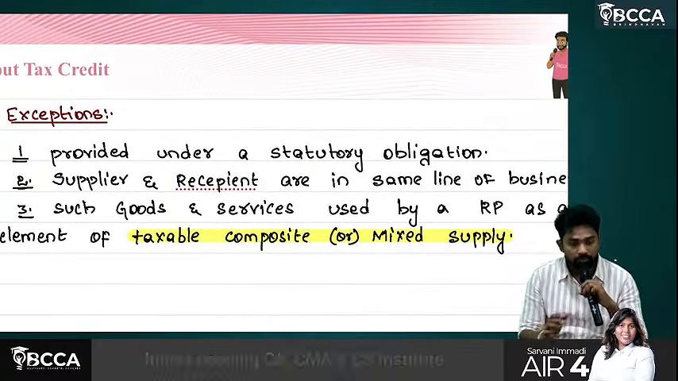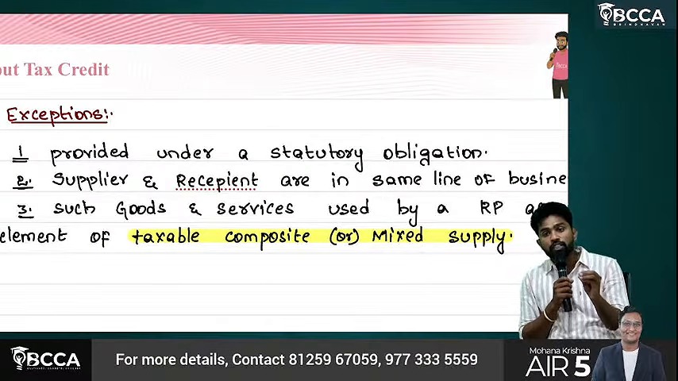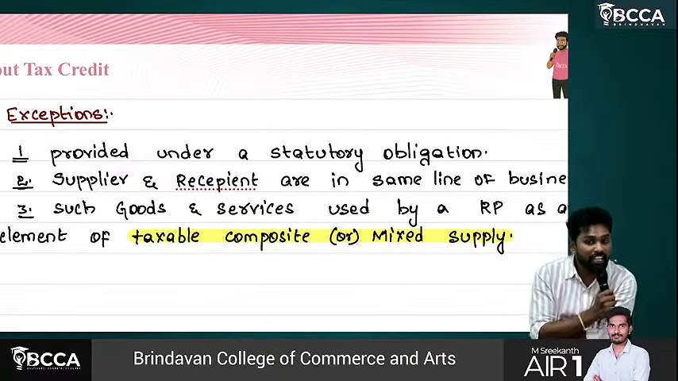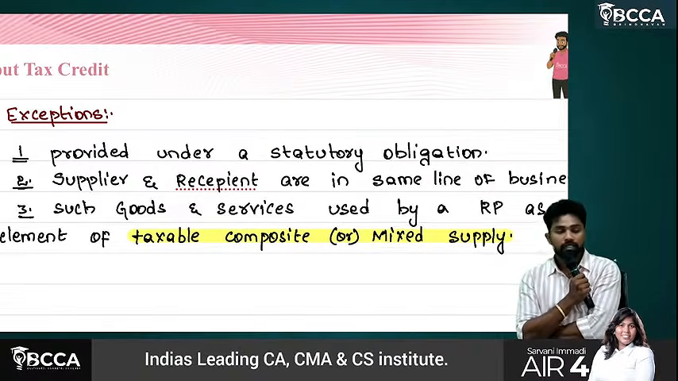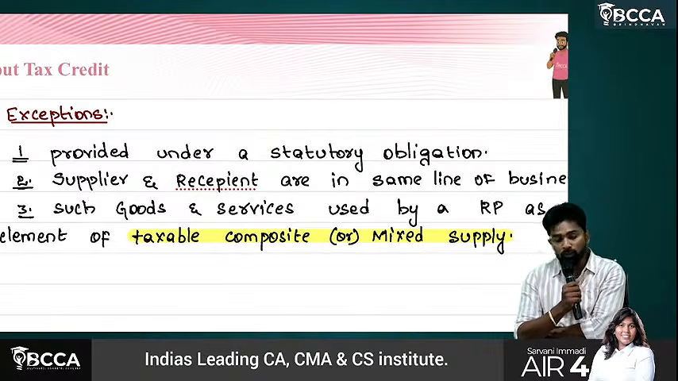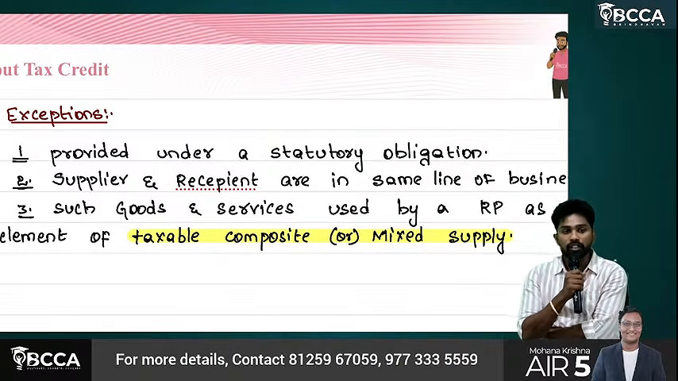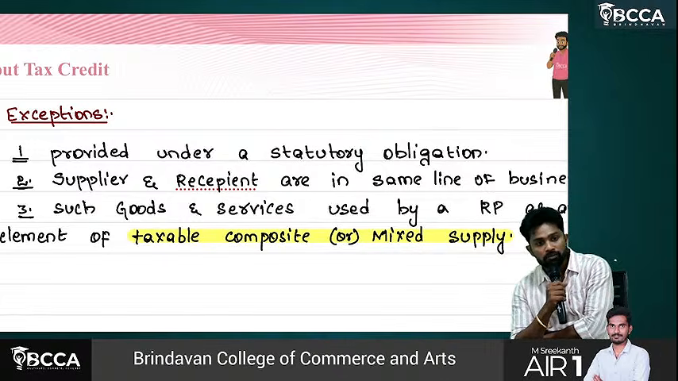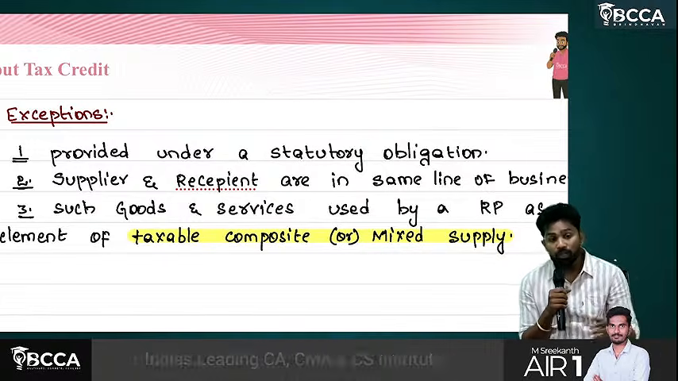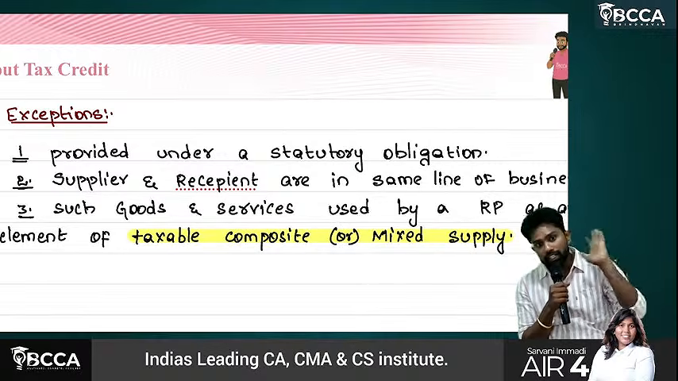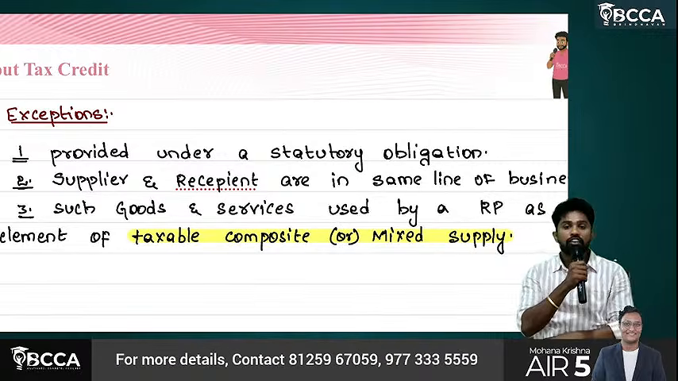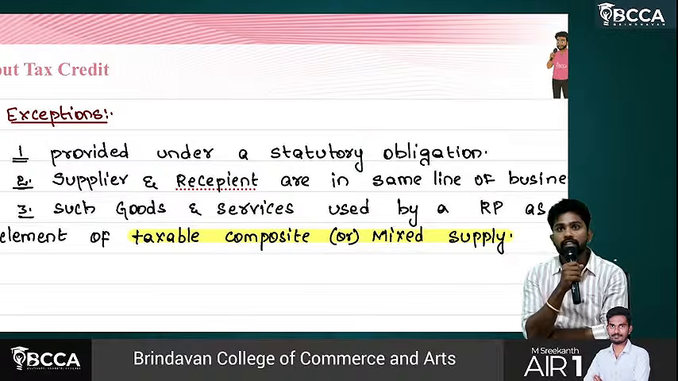See, first one: these are provided to employees because of a statutory obligation. Sir, there was a rule. Let's say, for example, there is a rule that for all night shift employees, a cab has to be mandatorily provided. Then the employer is providing the cab. On that, if any tax element is there, he can avail ITC. Then the Factories Act mandates like a factory